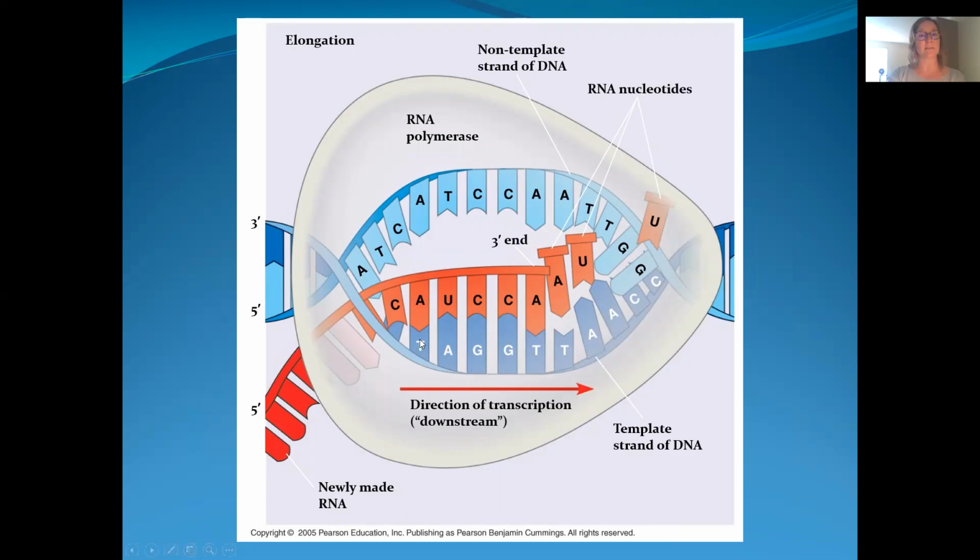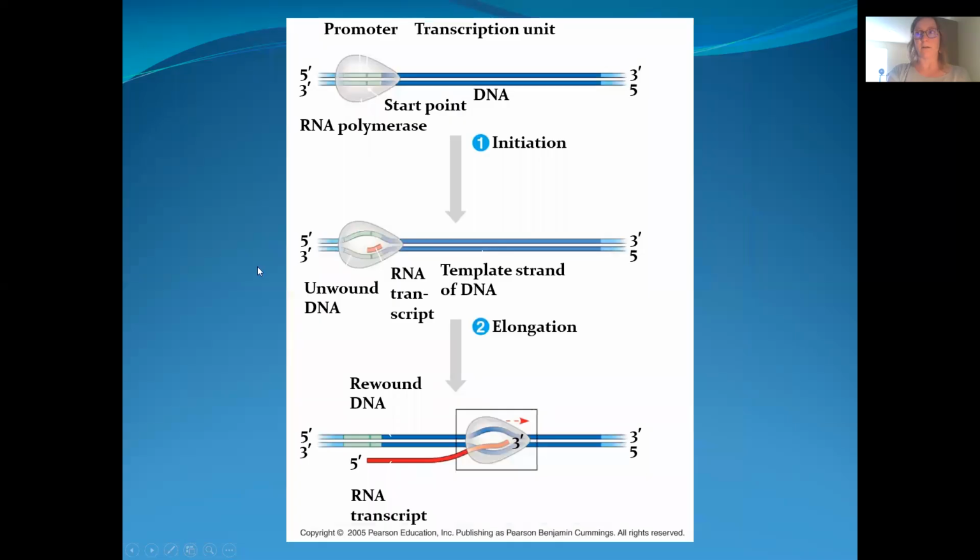So when there's a T on the DNA, it's going to put an A on the RNA. When there's an A on the DNA, it's going to put a U, because we don't have T in RNA. When there's a G, it will put a C. The polymerase is building the complementary strand. It's reading that DNA, it's building the complementary strand, and that's elongation, so it's doing that all the way